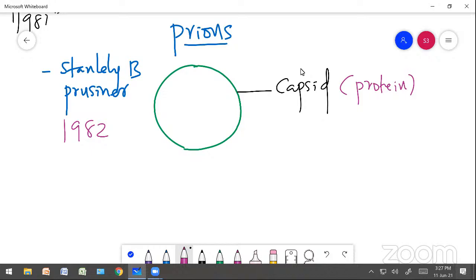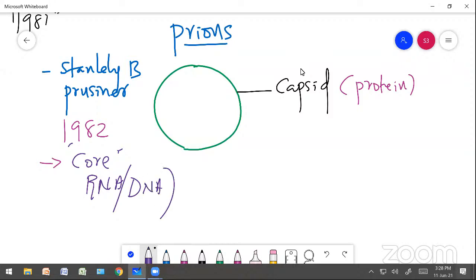Right? Now, there is no protein, no core material. Core is totally absent. What are core? Either RNA or DNA. Deoxyribonucleic acid or ribonucleic acid is not found. It is not present inside the prion. But this outer covering or the capsid or these proteinous substances, it is able to cause disease, a central nervous disorder in human beings. I can say some diseases, mad cow disease,